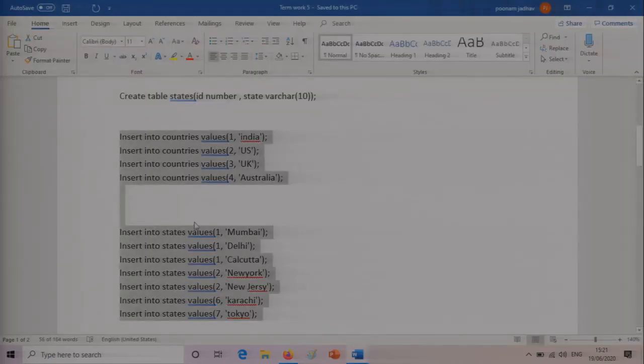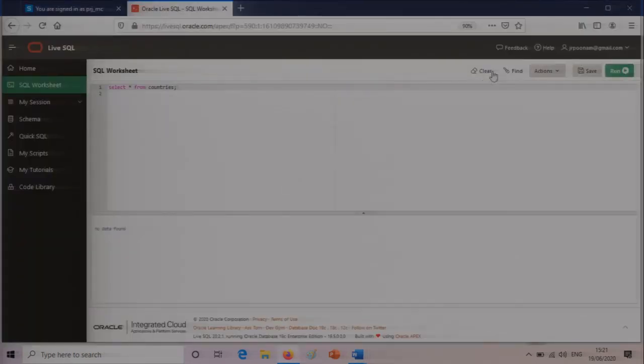So what we can do is again insert the statements into the countries table. So let's do it. The rows are inserted.